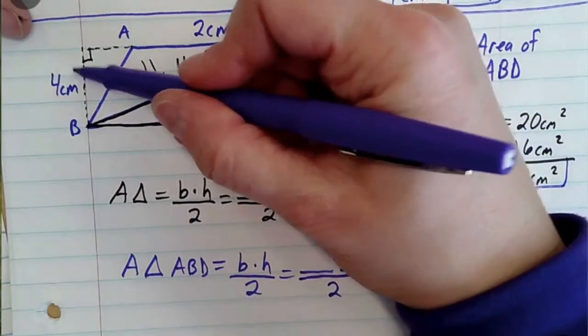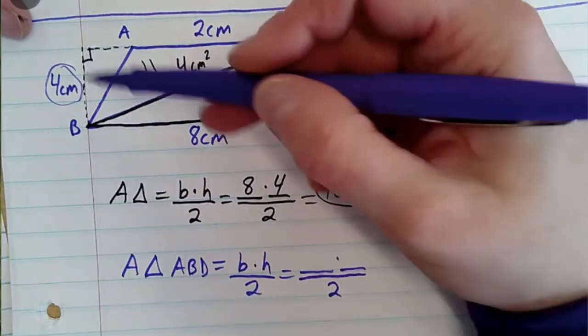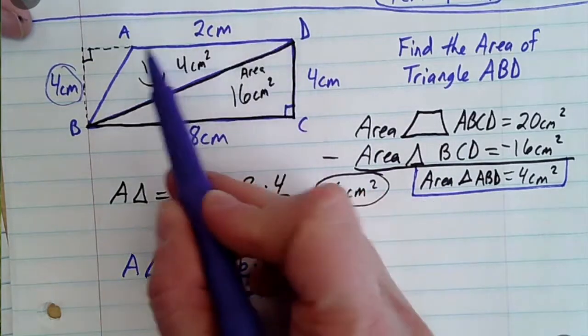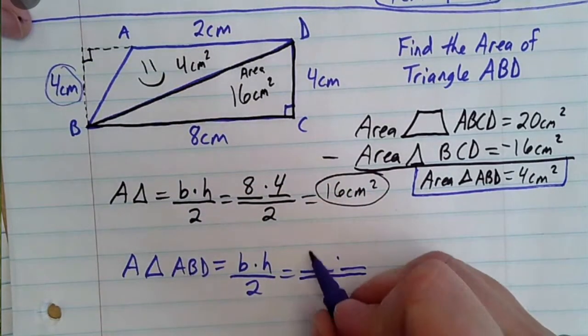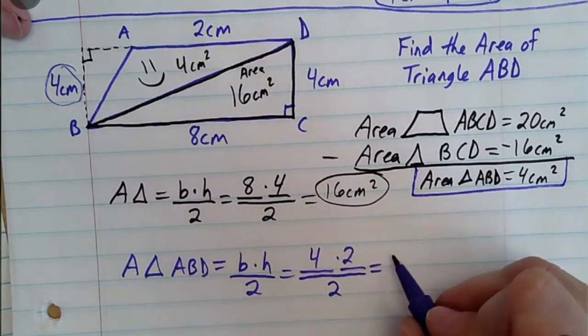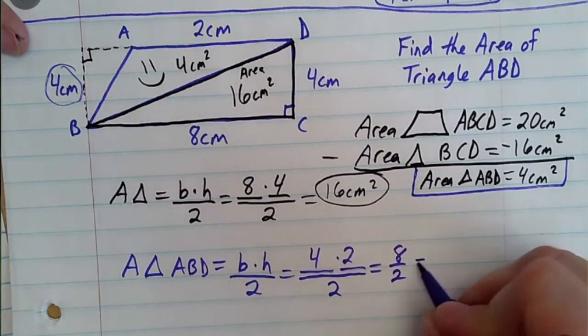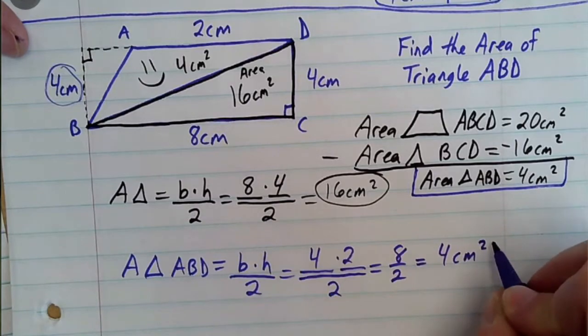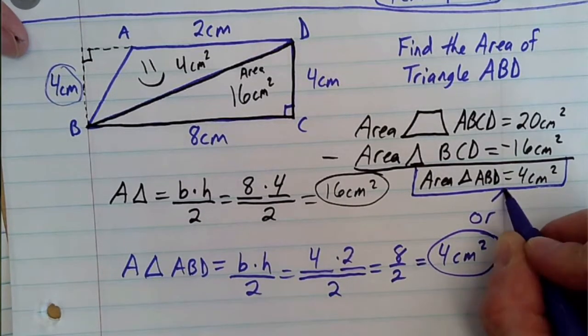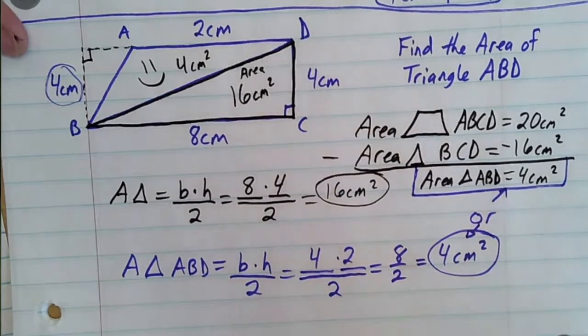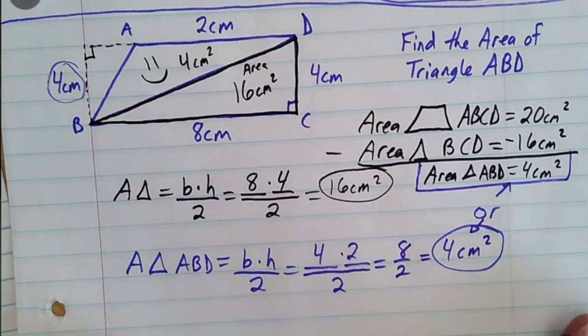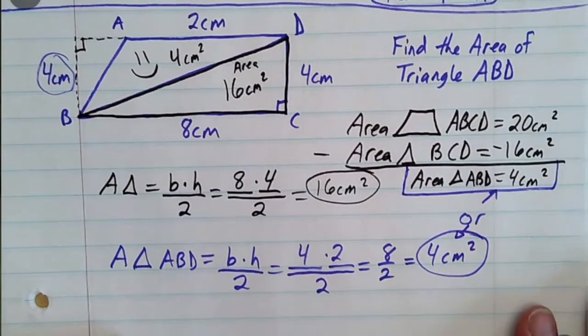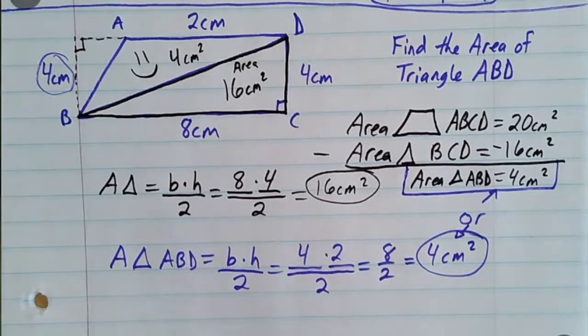Its height, 4, is the same as the right side. You just had to draw it out to the side. And its base is 2. So then 4 times 2, that's 8. When you divide by 2, you still get 4 centimeters squared. So either way you want to find it. This is a little bit trickier to find that one, and those are good practices to find the area and then be able to break it down for each